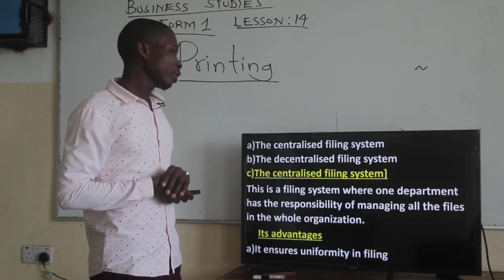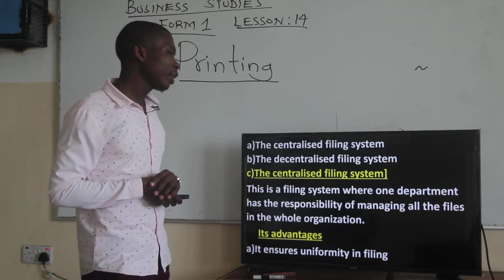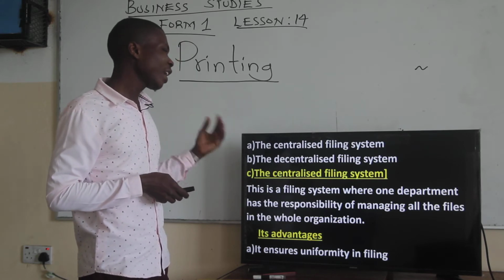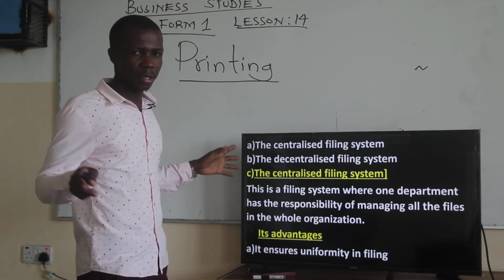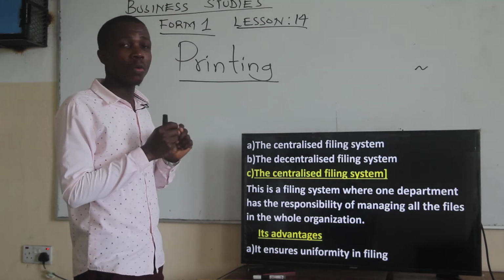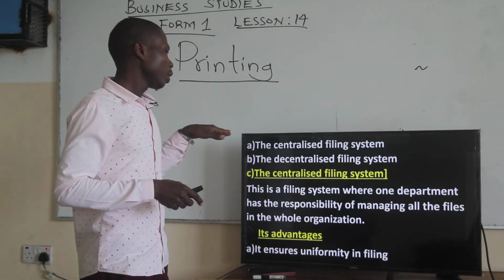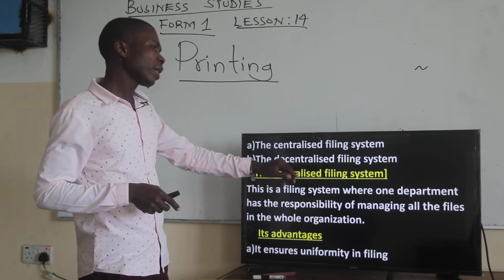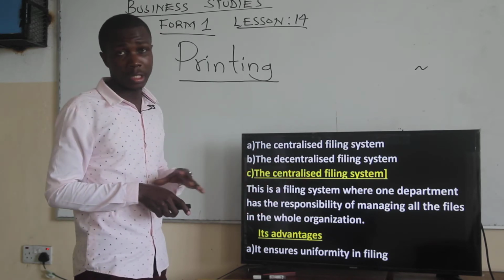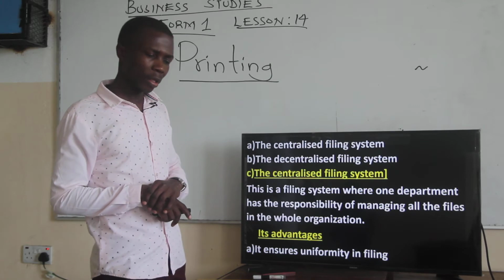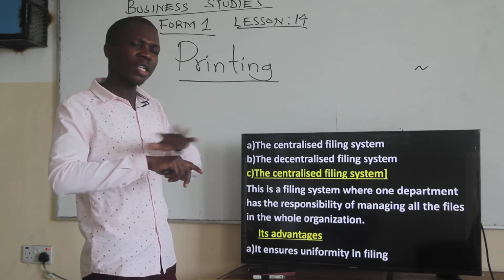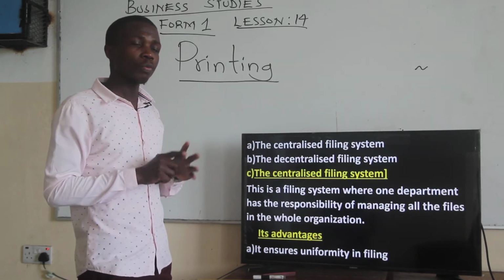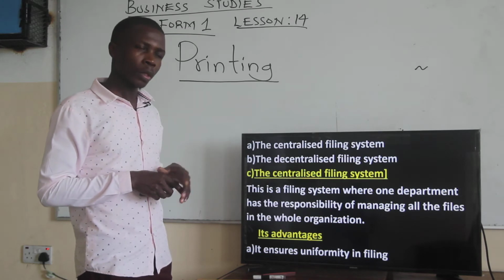So what is a centralized filing system? This is a filing system where one department has the responsibility of managing all the files. That's why I was saying that only one is controlling all the files. So this is a system where one department has the responsibility of managing all the files in the whole organization. So if the organization only has one person to manage all the files within one computer, that is known as